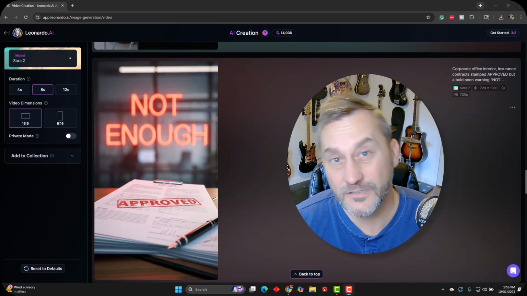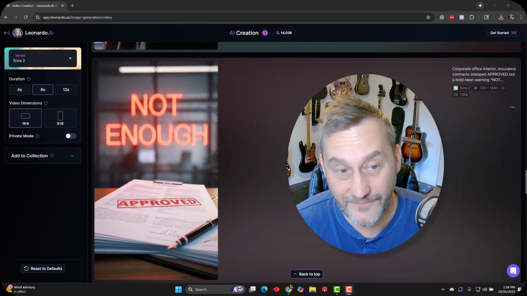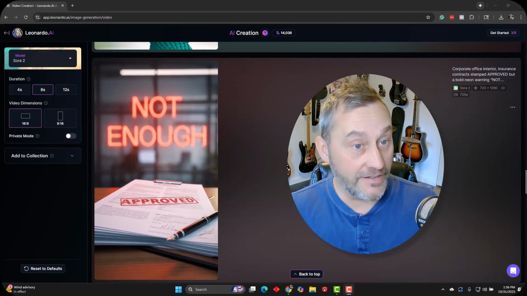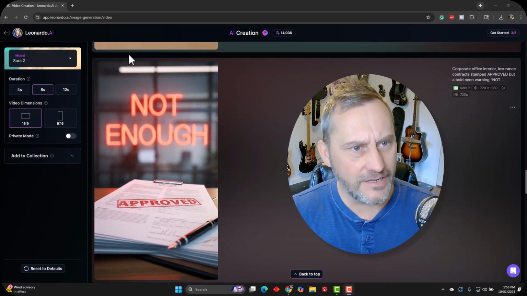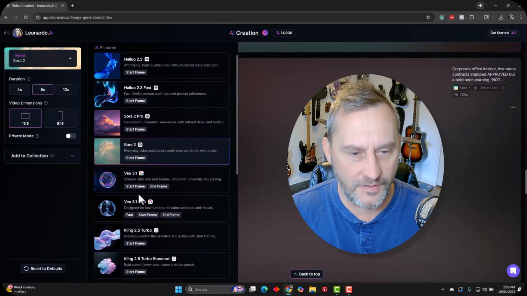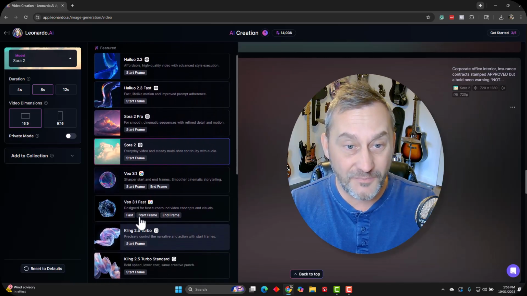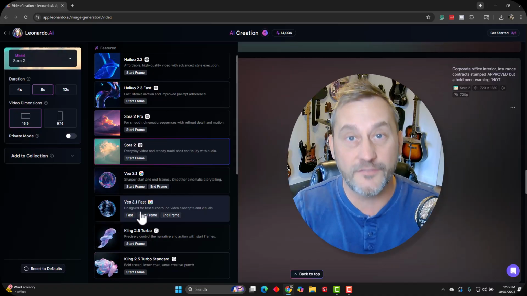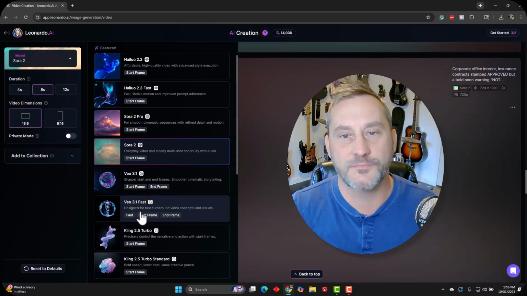I see why Sora 2 is becoming the big deal that it is, and I finally found it. It's hosted right now on Leonardo.AI, along with a lot of our other favorite models here. I'm pretty excited. We've got Hailuo, we've got Sora, we've got VEO, we've got Kling. I mean, pretty much all of my favorites right now are living at Leonardo.AI, which is just awesome because they've